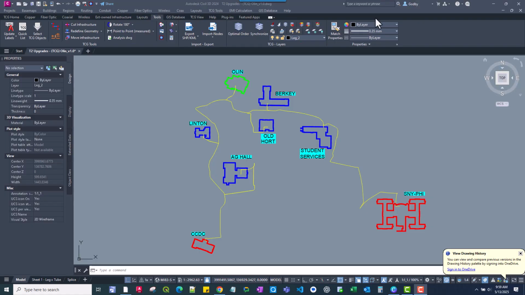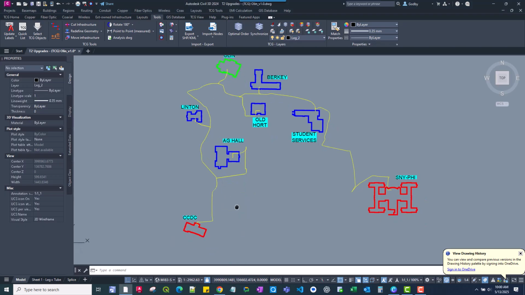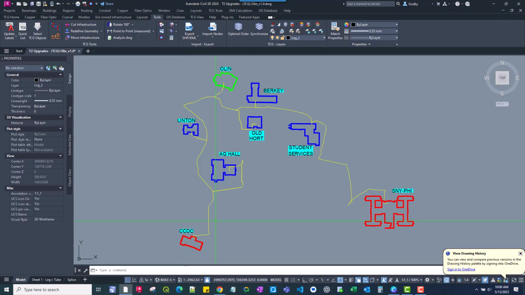Here we are in the software, and as you can see, it looks a lot like Civil 3D, because that's really what it's built on top of. So if you're familiar with Civil 3D, navigating around some of the objects in here is rather intuitive. I've already loaded in a design. You can do FTTX, and in this case we're going to do a transport network,